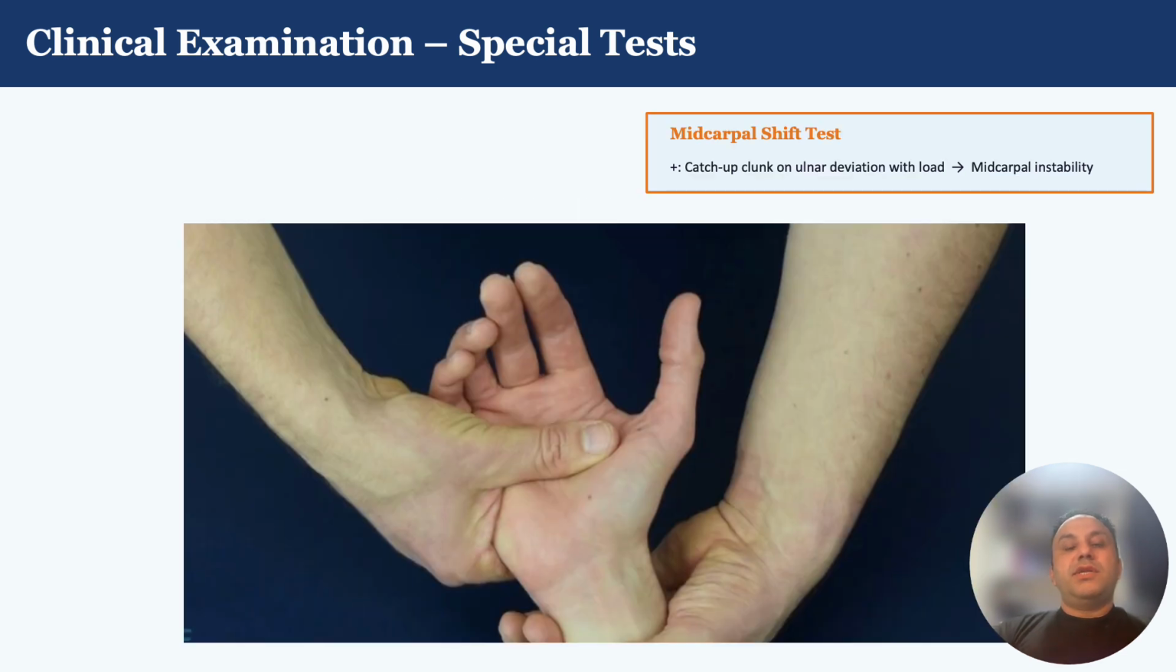In the midcarpal shift test, you assess palmar midcarpal instability. Position the wrist in neutral flexion-extension with slight radial deviation, and the forearm has to be pronated. And then I apply palmar pressure over the distal carpal row or the capitate specifically, translating the distal row palmarly. While maintaining this, you can do ulnar deviation. A positive test here can cause a clunk, and that is actually a sign of